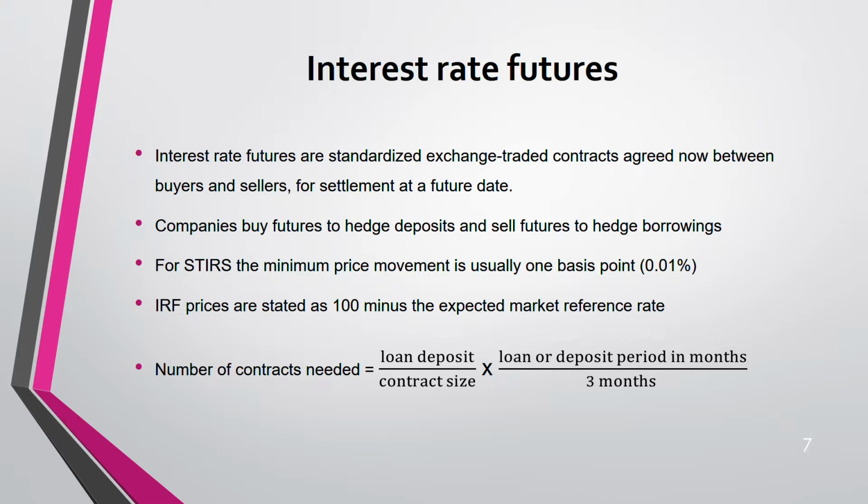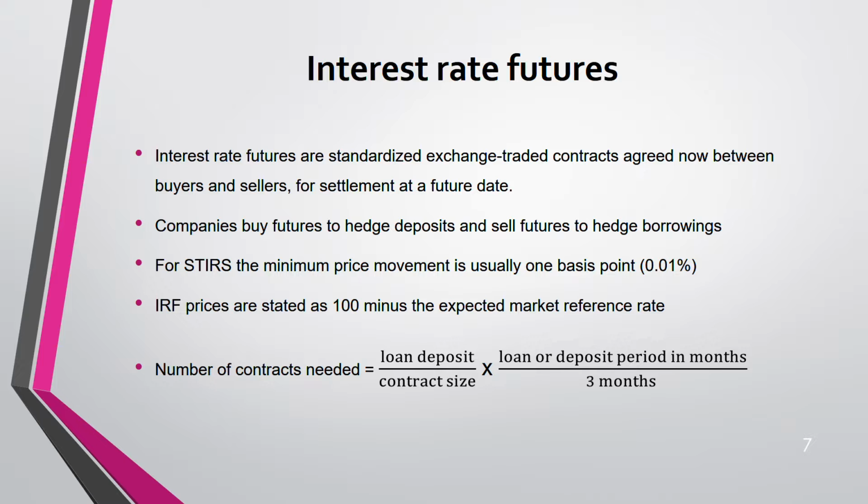Understand this. Now, the difference which I was mentioning comes here. Everything else is the same. But when it's an interest rate future, the way you calculate the number of contracts differs. How? There also you have to calculate the number of contracts in exchange rate. Here also you have to calculate. The method is different. What is that method? No need to convert, no exchange rate, but what? The fraction. So first, it is always the loan deposit or loan borrowing. Whatever, loan or deposit, divide by contract size. This was similar in exchange rate also.